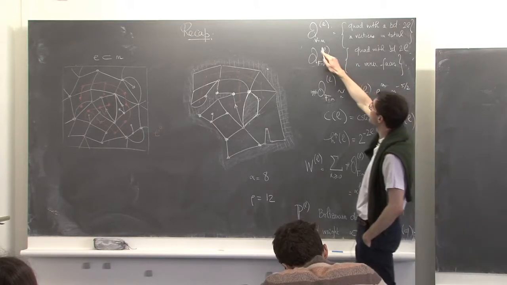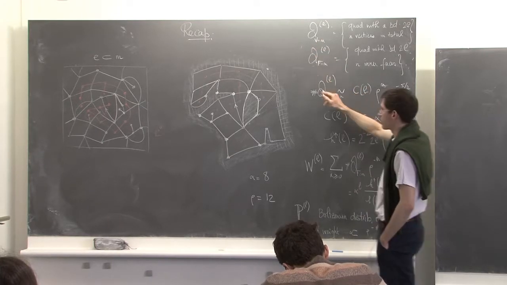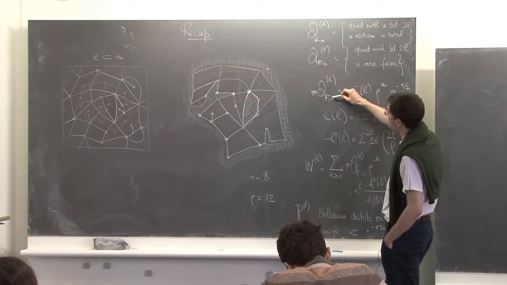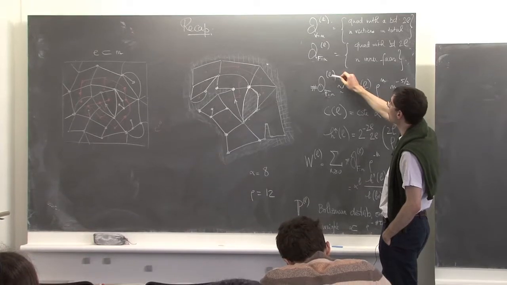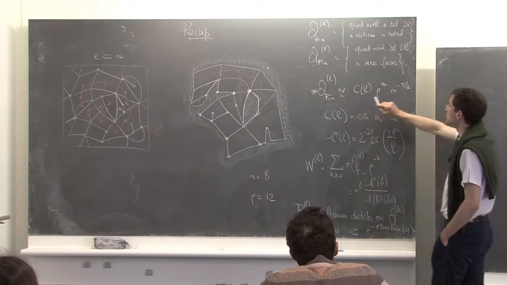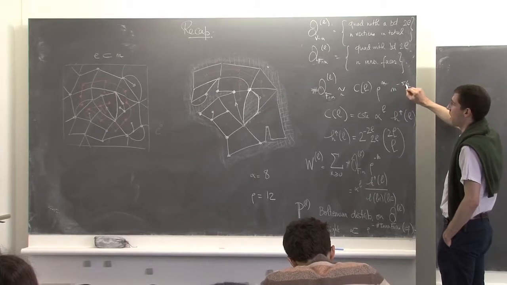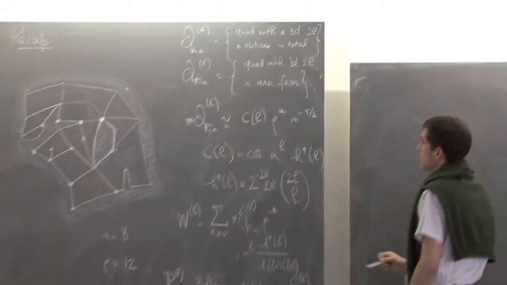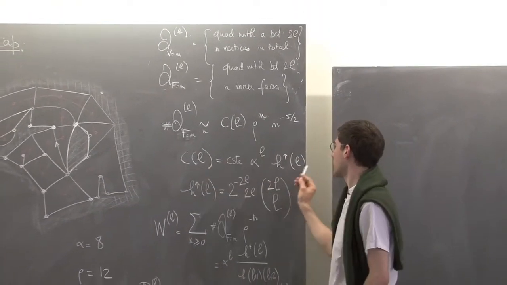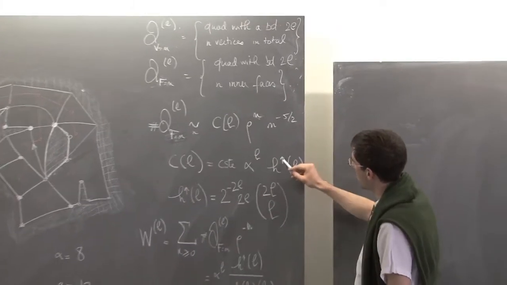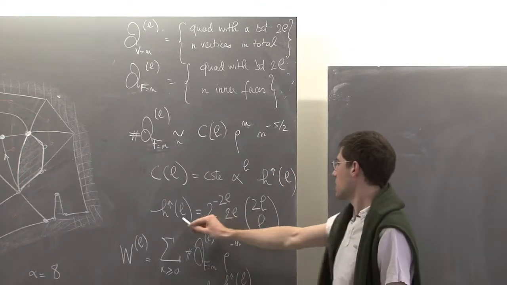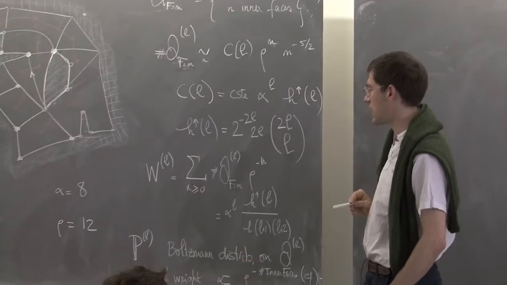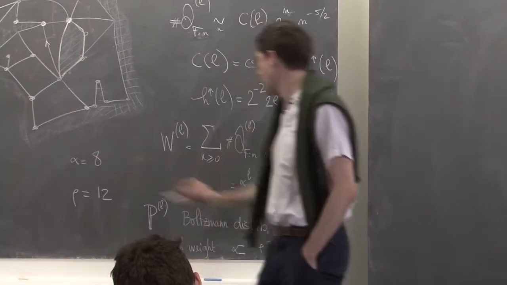And from the asymptotic enumeration of this, it's easy to deduce the following behavior. The number of quadrangulations with n inner faces and a boundary of length 2L is asymptotic, when n is large, to C_L rho^n n^{-5/2}, where rho, I recall to you, is 12. And this function C_L has a universal form, which is just this function h, given by the central binomial coefficient times alpha^L, the exponential factor, where alpha here is 8.